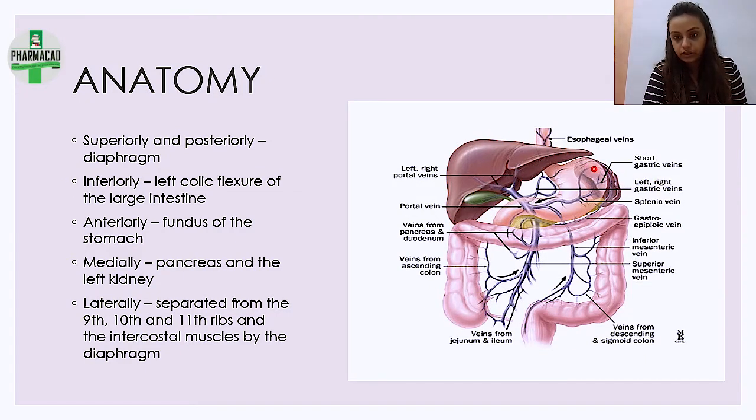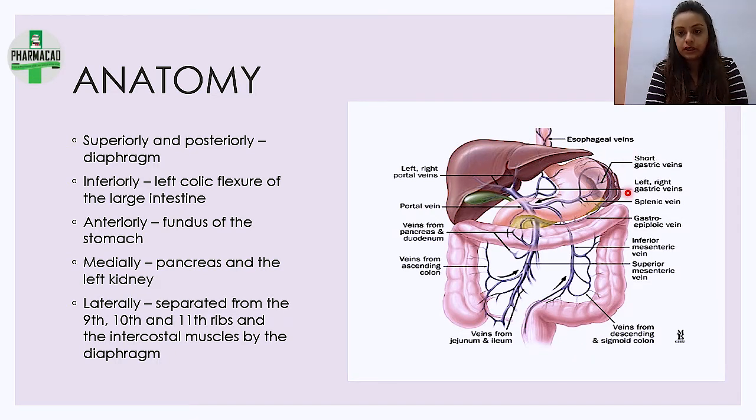This you can see here. For remembering the relations, this is called as relation के exactly किधर है. You should always remember it through diagrams. The more diagrams you draw, it is just piece of cake. ये हमारा spleen है, यहाँ पे दिख रहा है. इसके ऊपर डायफ्राम आएगा. ये डायग्राम में नहीं दिखाया है, but ऊपर और पीछे डायफ्राम है.